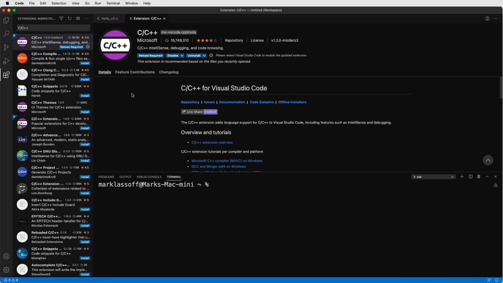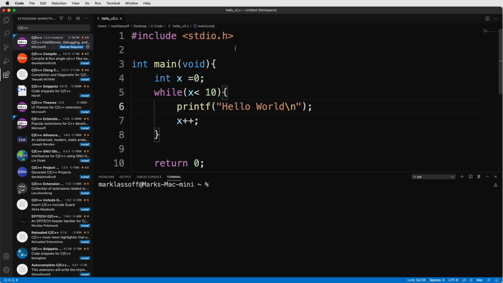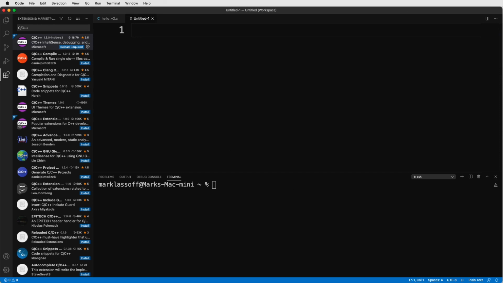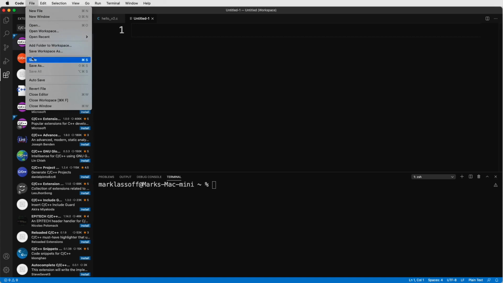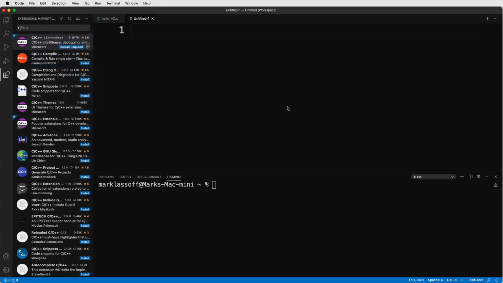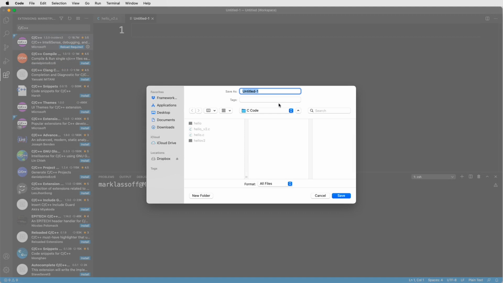What that's going to do is give you code completion, debugging, and other support for C and C++ that's not native to the Visual Studio environment. In the editor, you're simply going to type your code in the code window, and you can actually use the terminal below to execute your code. I'm going to go ahead and create a new file, and I'm going to save this as a C file. So let's choose File, Save As, and I already have a folder for my C code. I'm going to call this hello world.c.